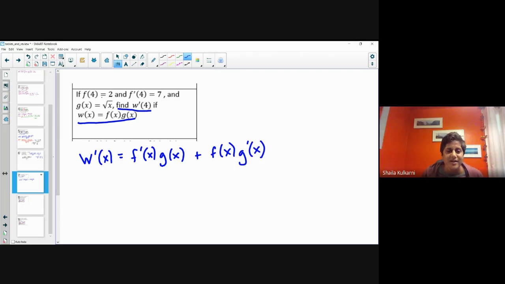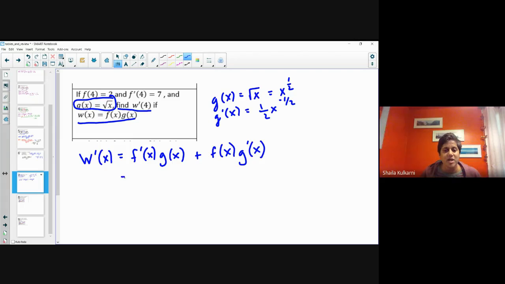take the derivative of the second function. Now remember, it told me g of x was the square root of x. Do you remember, ladies and gentlemen, that when I take the derivative, I can't have a radical to be able to use the power rule? So I need to rewrite it first, and then I can do the derivative, multiply the exponent, subtract 1. So I'm going to go ahead and take a moment to rewrite this equation. So f prime x times g of x plus f of x, and then g prime x is 1/2 x